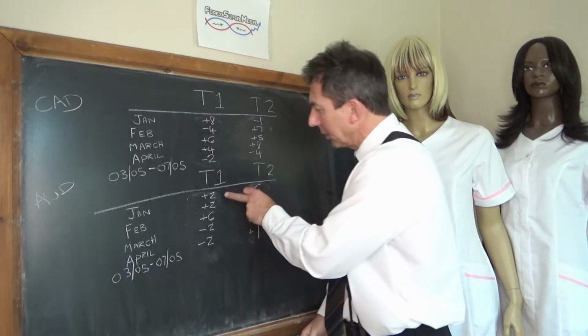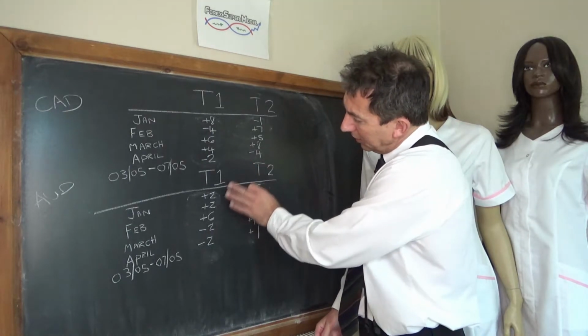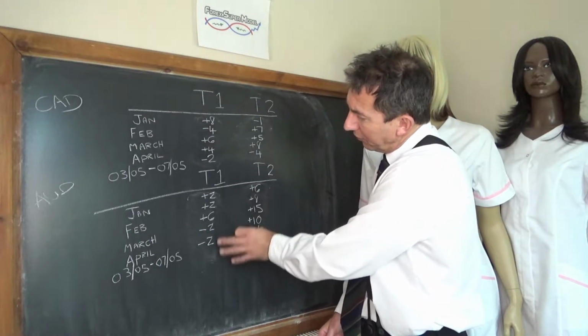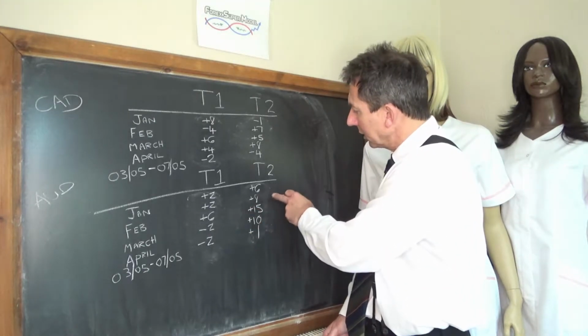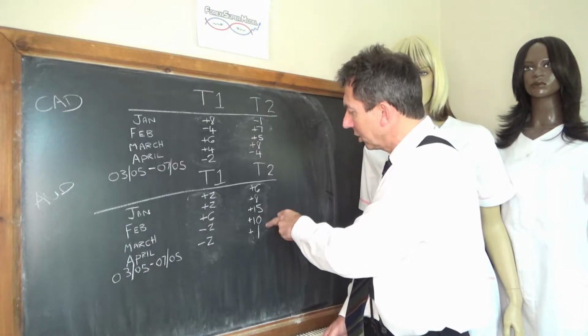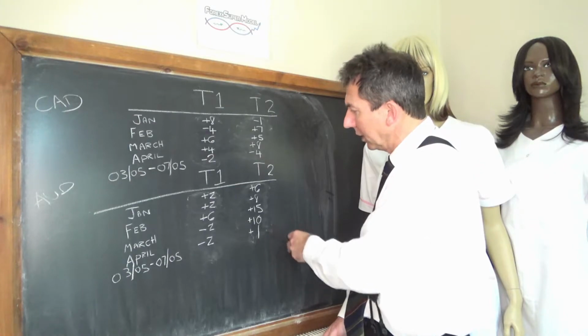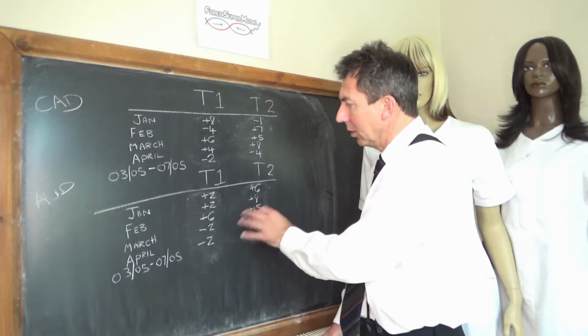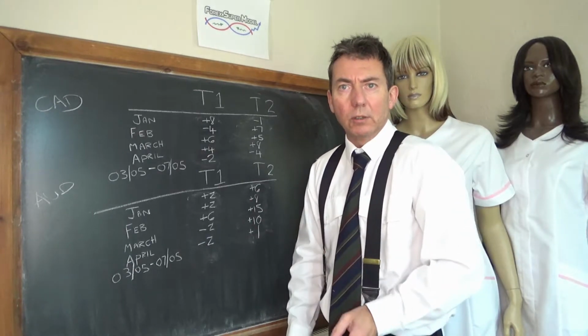Right, AUD then, +2, +2, +6, -2, -2. So we're seeing a slight softening in the AUD data in the Tier 1. Tier 2: +6, +8, +15, strong March, plus 10 reasonable April, and plus 1 in May. So we'll wrap this up in the analysis, but that's where we are. So last two coming up.